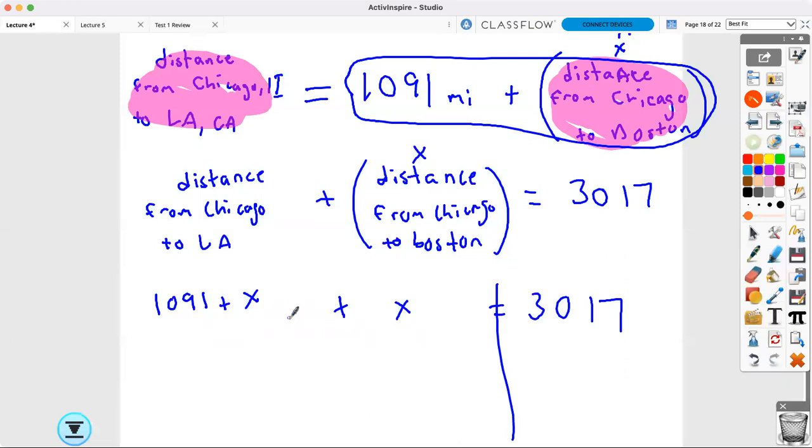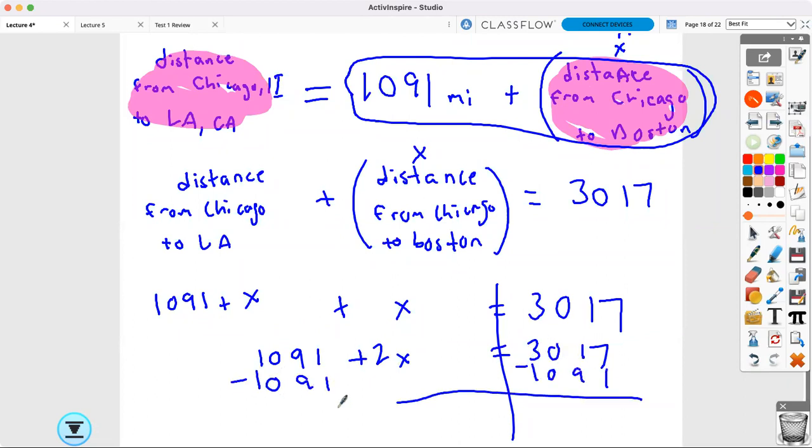Combine like terms on the left side, X plus X is 2X. So now we just need to get X by itself. So subtract 1091 on both sides. So then we get 2X equals 3017 minus 1091 equals 1926. Divide both sides by 2, giving us